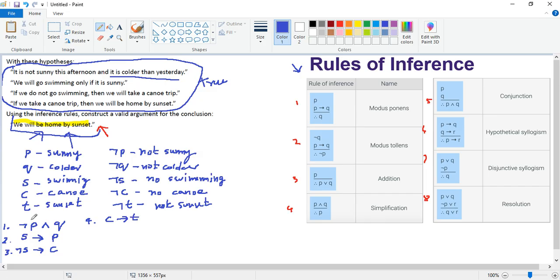Now these are true, and these are the arguments, and the conclusion that we have to make is we'll be home by sunset, which means we should be able to conclude that T is true. So we will do that by applying these rules of inference. So let's start with